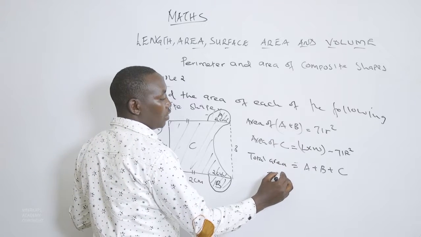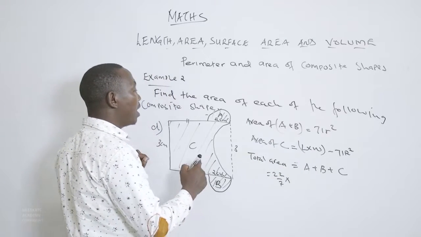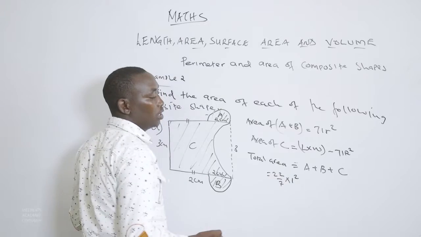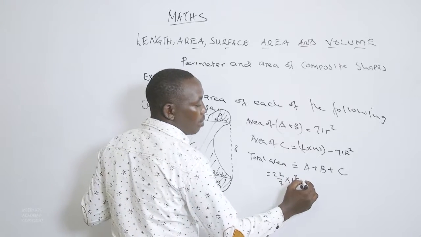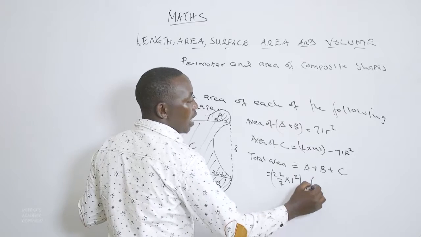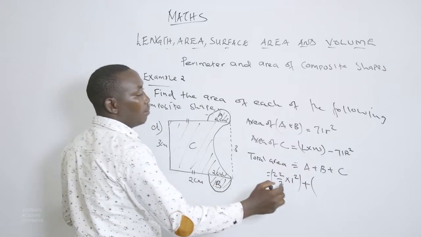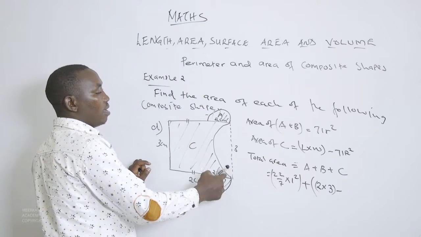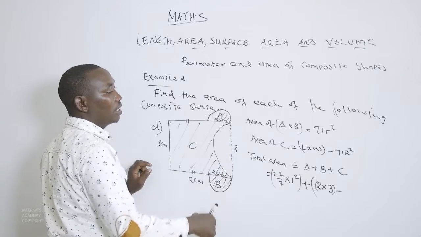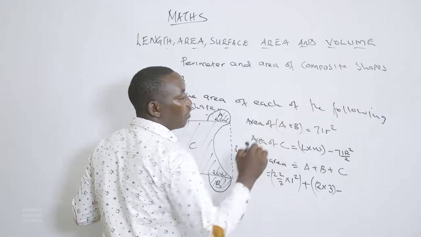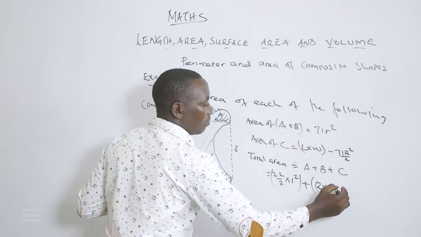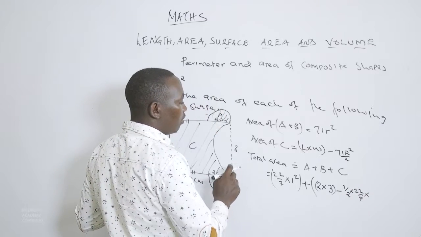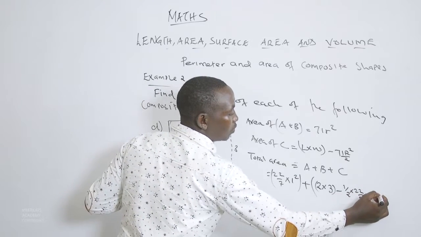Area of A will be given by 22/7 multiplied by the radius squared. Because the diameter is 2 units, that means the radius is going to be 1 unit. So that will be 1 squared, plus area of C, which will be given by the length times width, that is 2 times 3. Here we are subtracting this particular semicircle. I forgot that should have been a half. So that will be given by a half times 22/7. The radius of this particular place is a half of 3, which is 1.5